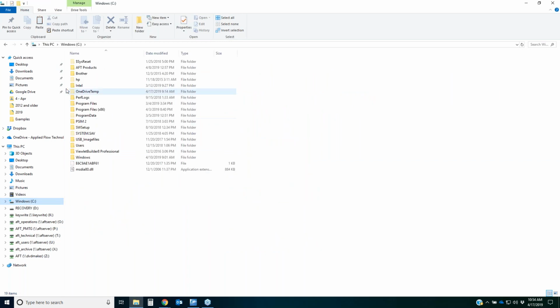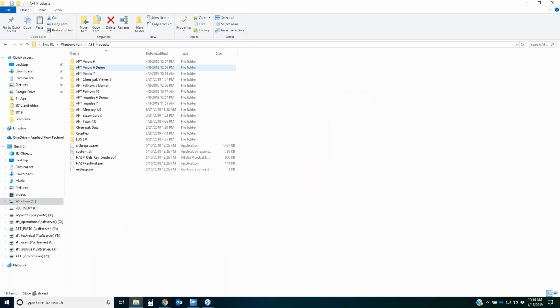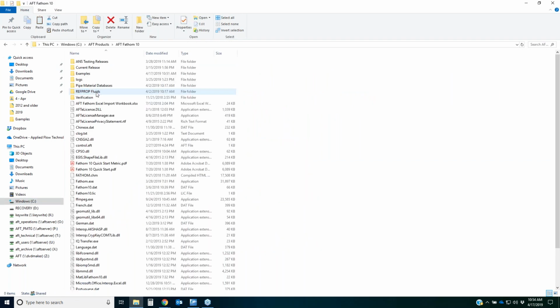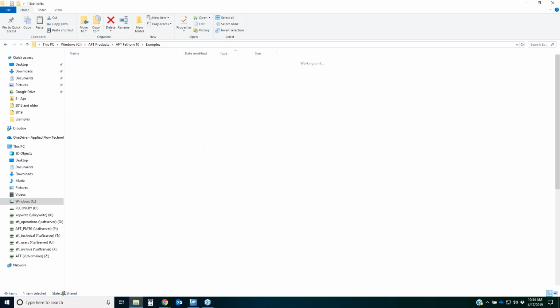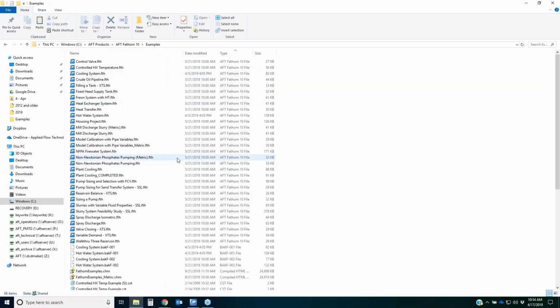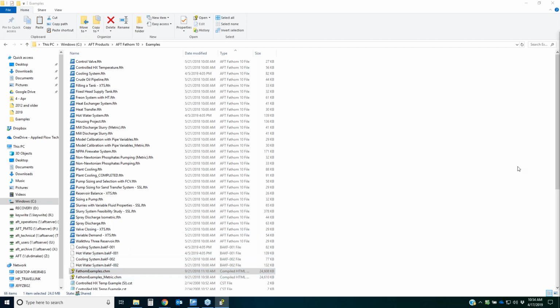If you browse to where the software is installed on your computer, there's this examples folder. Let's say that somebody else is using the license. If somebody else is using the license, you wouldn't necessarily be able to open Fathom, but you could still browse to this location, and this is where you can find the examples help file. This is our help file, which contains all of our walkthrough tutorial examples. So if I open this up here,